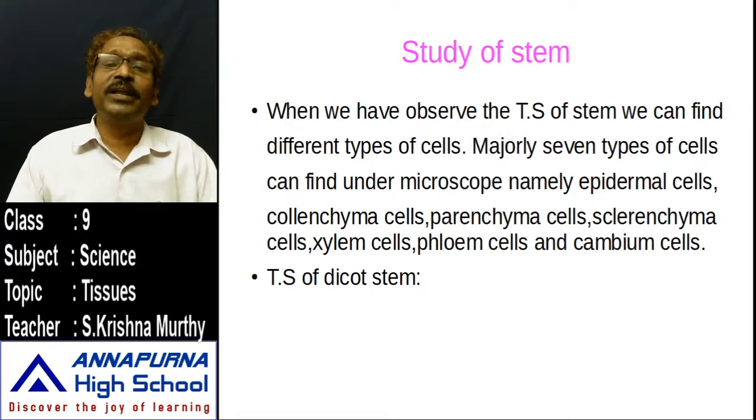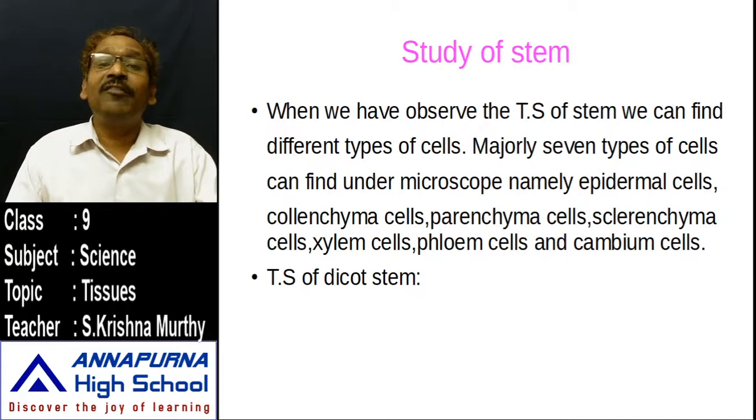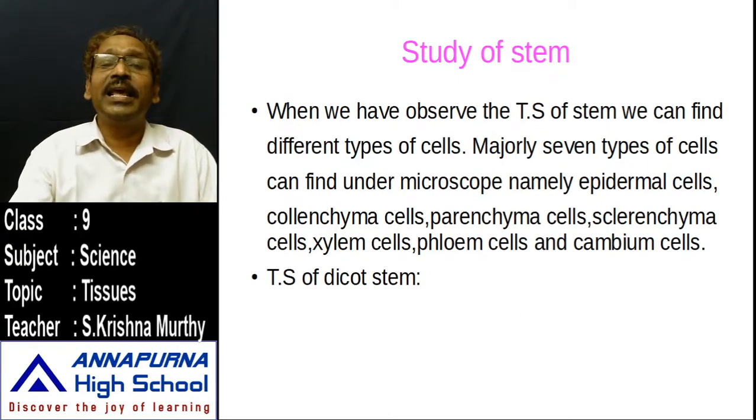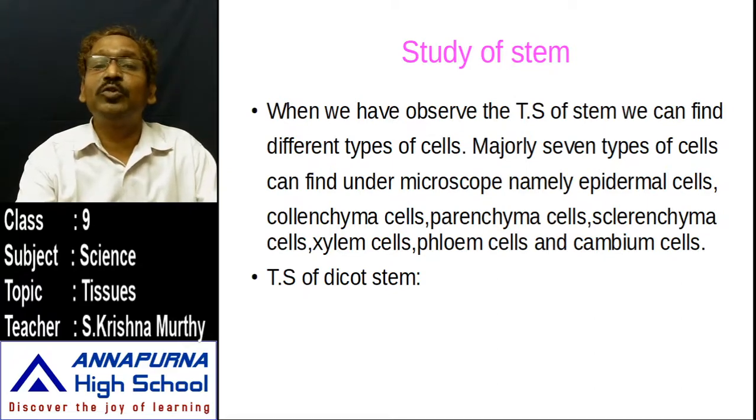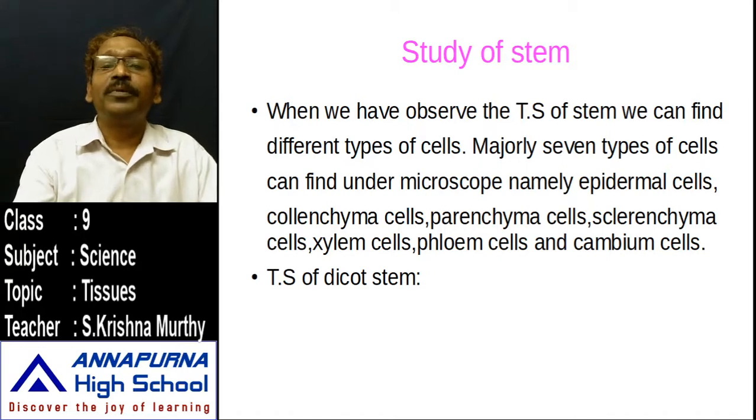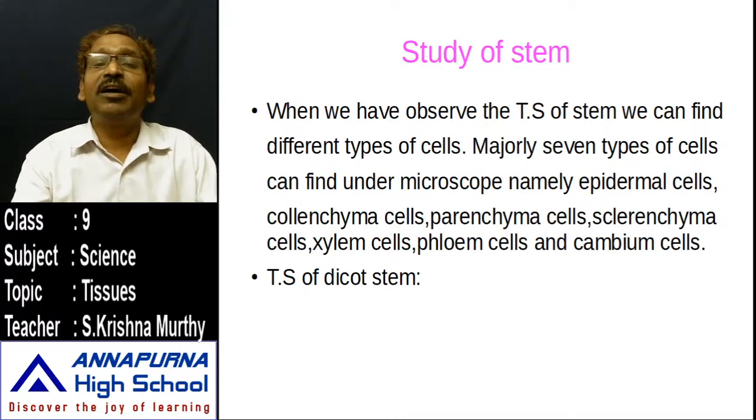What is the importance of the epidermis here? The epidermis is covered with a wax coat. The wax coat is deposited along with lignin or wax. Mainly, this wax coat covers all over the leaves and stems to prevent the loss of water by evaporation, and to reduce the squeezing out of water from these parts whenever the body has more than the required amount of water. This wax coat is mainly present on xerophyte plants.